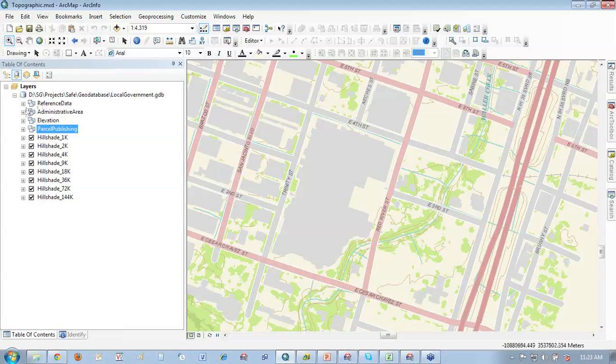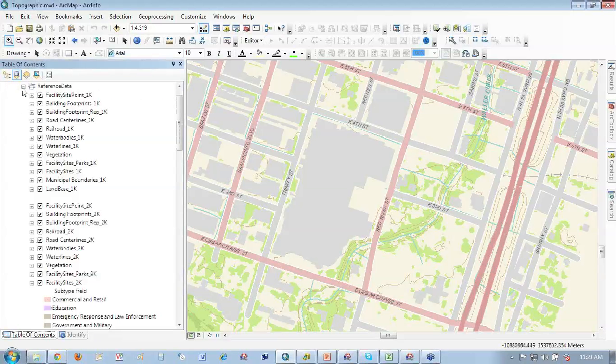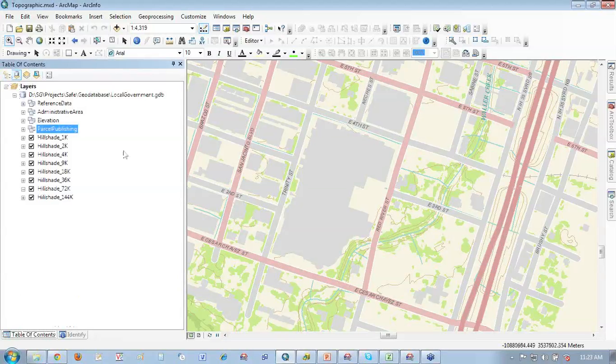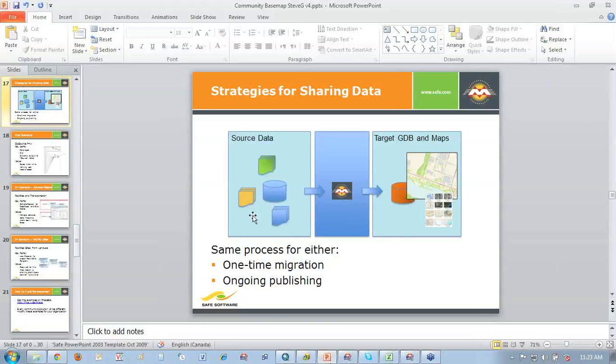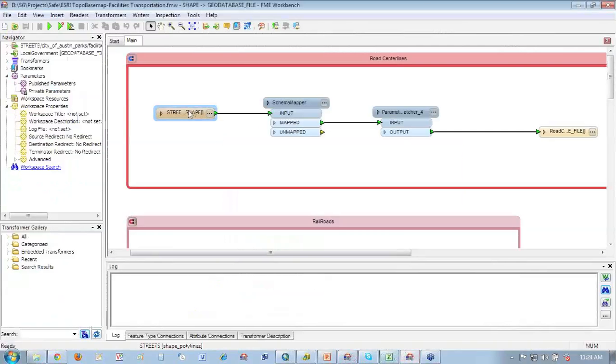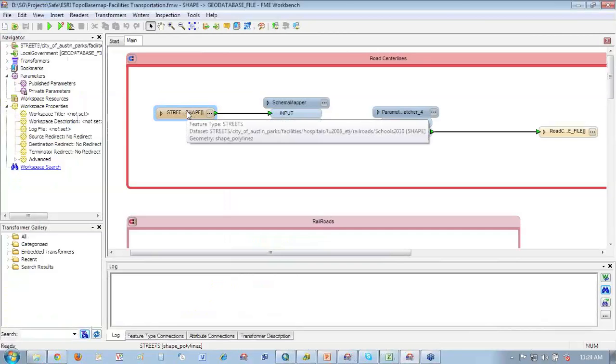It's some feature classes or layers inside of the geodatabase that we're looking at, and there's a number of things that we'll go through now to walk you through it. But I wanted to point out at this point that it's not just a pretty picture here, where we have the source data and the target on the right. It's also a pretty powerful part of the way that FME works. So in this case, what we're looking at is a street centerline data set on the left-hand side. That's one of those shapefiles.